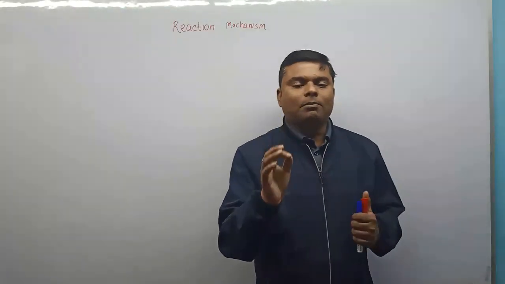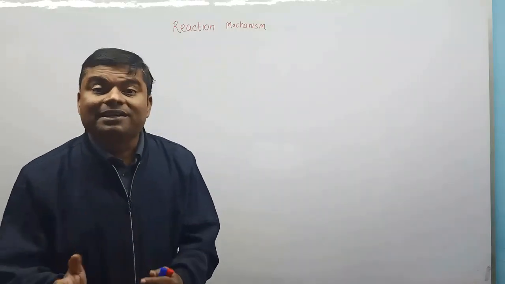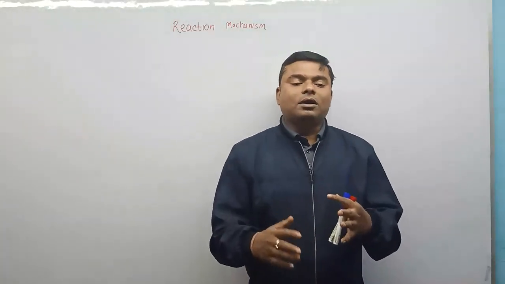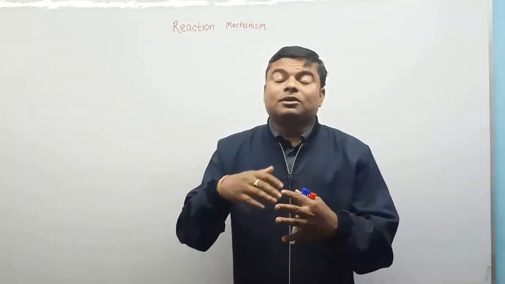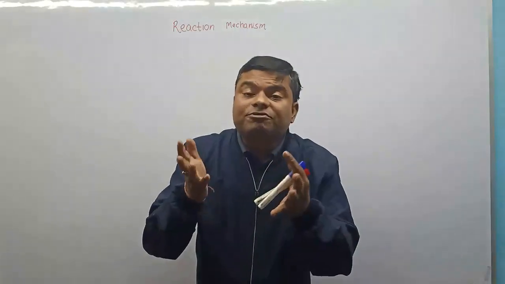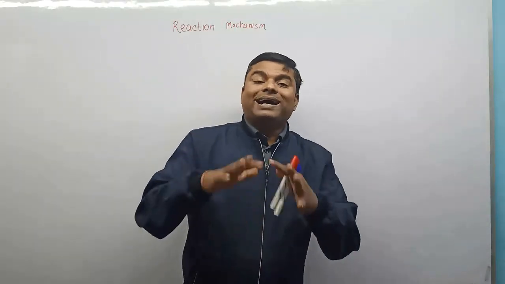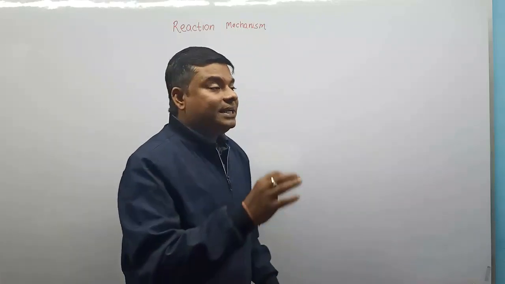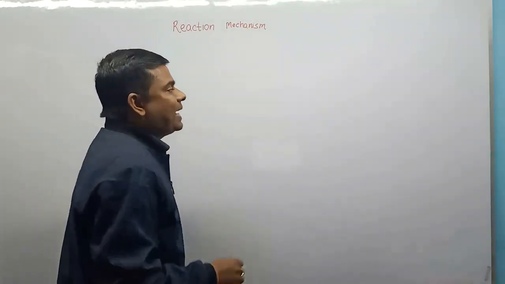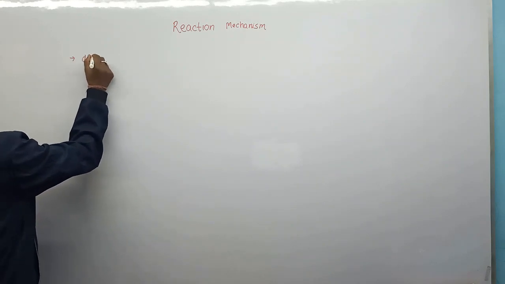Just how is a molecule of methane converted to a molecule of methyl chloride? Does this transformation involve more than one step? If it is more than one step, what are these steps? And just what is the function of light or heat during this reaction? The answer to these questions, that is a detailed step-by-step description of a chemical reaction, is known as reaction mechanism. So reaction mechanism is a detailed